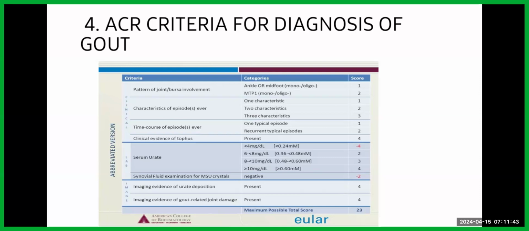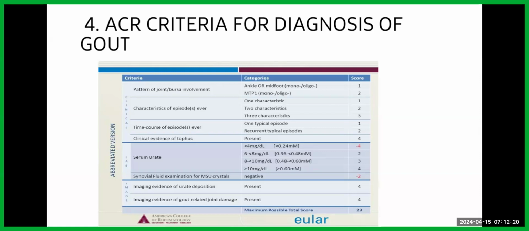Then for the labs, you use serum urate and synovial fluid. Serum urate is of varying degree, because during an acute attack it could be normal or high, but it could be below the range at which uric acid is known to precipitate and get deposited. These are the values and these are the marks. For imaging, there are no pathognomonic features, but there are some features highly suggestive of gouty arthritis on both X-ray and ultrasound.